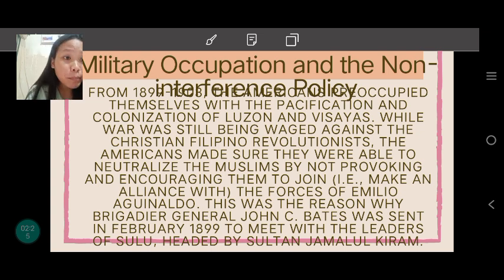That is the reason why Brigadier General John C. Bates was sent in February 1899 to meet the leaders of Sulu, headed by Sultan Jamalul Kiram. While the Americans were preoccupied with Luzon and Visayas fighting the Christian Filipino revolutionists, they made sure they were not provoking the Muslims, so that the Muslims would not join in. That's why Brigadier General John C. Bates met the leader of Sulu, Sultan